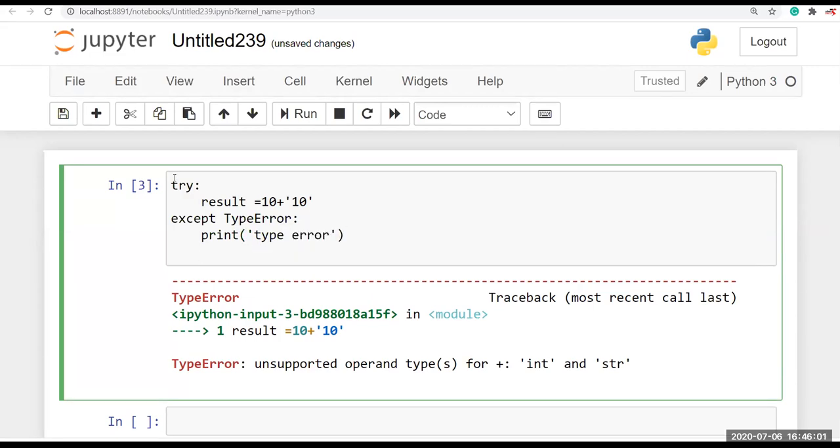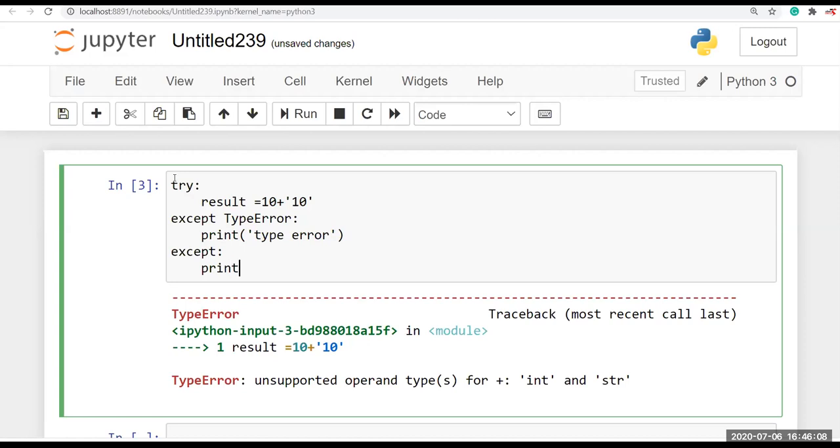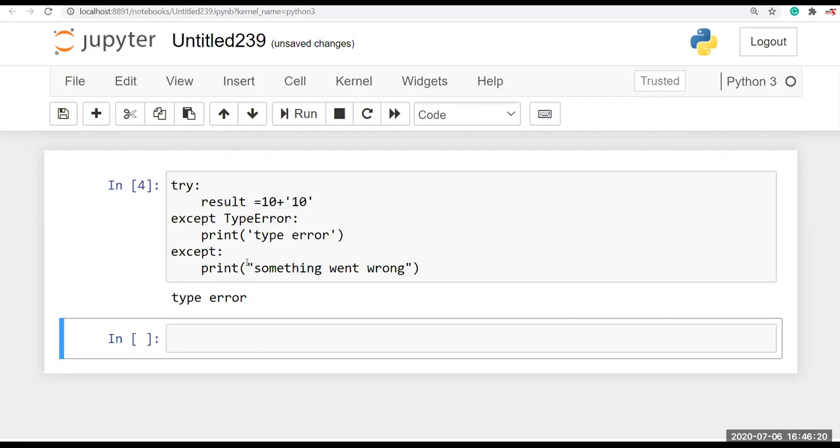After that, I just give one more except here, and I'm going to print something went wrong. Okay, so now you can see the error is type error, and it goes here and prints type error.